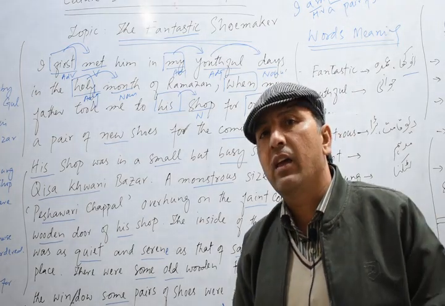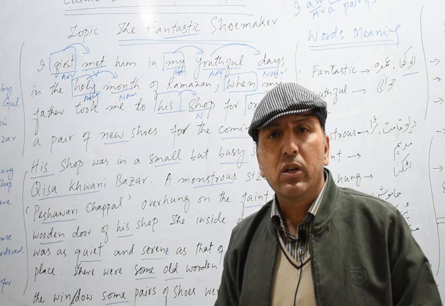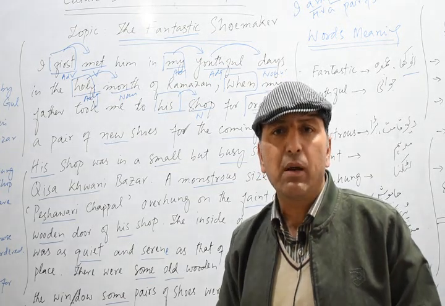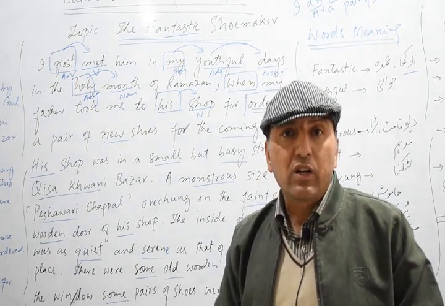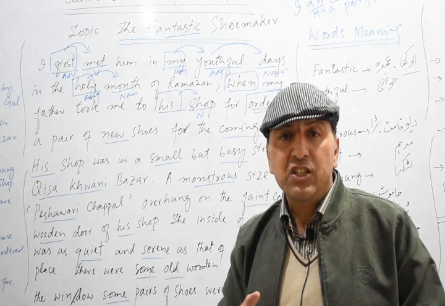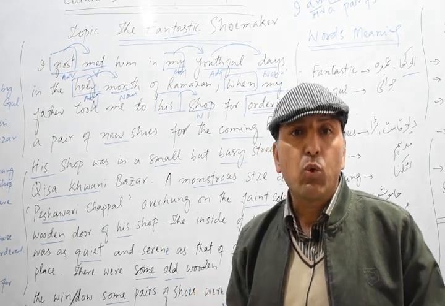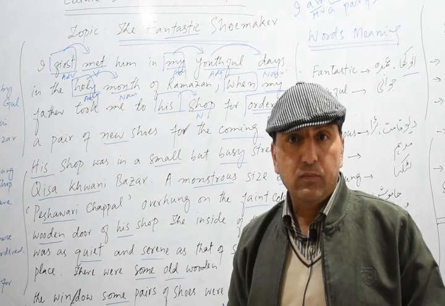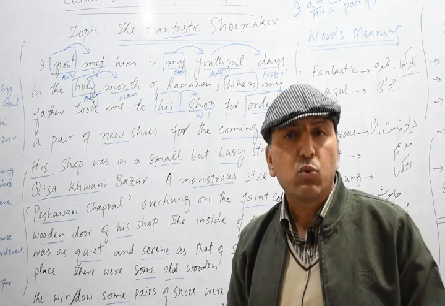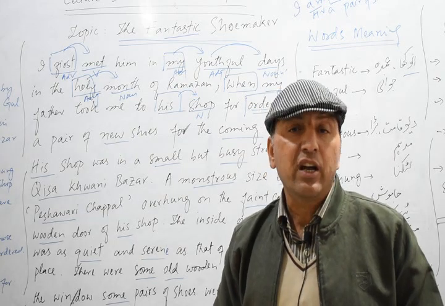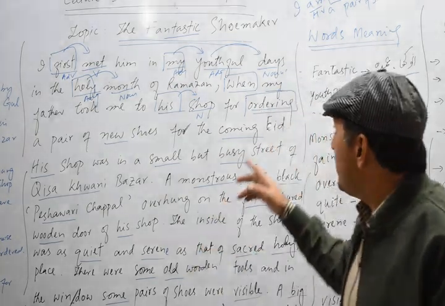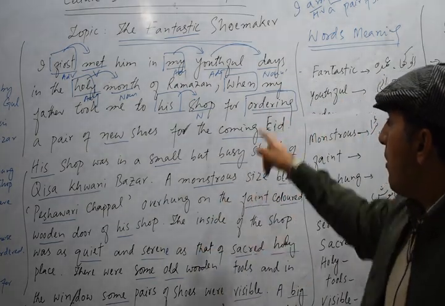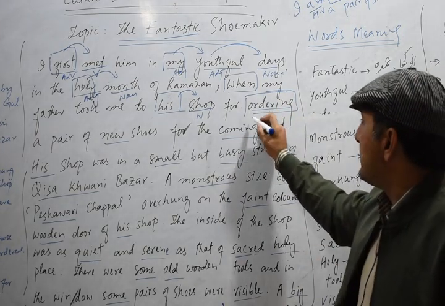For example, we say smoking is injurious to health. So smoking जो है वहाँ पे क्या है, as a noun काम करे. Smoke plus ing, smoking. So it is not a verb, it is a noun, and we call it a gerund. For example, you say swimming is a good exercise. So swimming is a gerund because it works as a noun. So here you see for ordering is basically working as a noun.